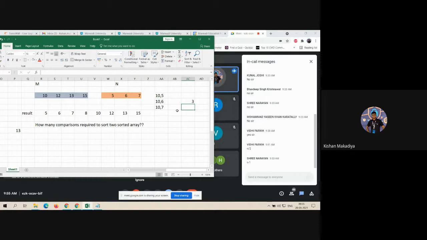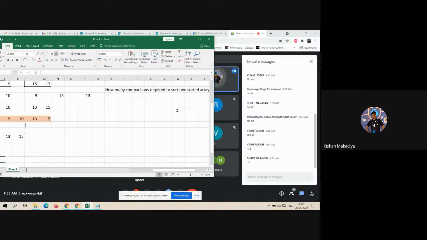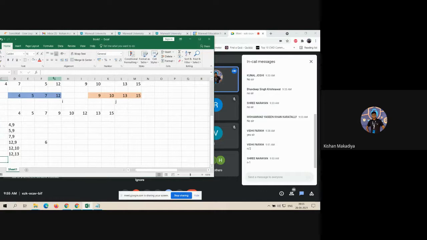So what is the maximum answer? N by 2, n minus 1. Here in the previous example you got the answer 6. Capital M is equal to 4, capital N is also equal to 4. So you can simply write the maximum answer as m plus n minus 1, because the last element will automatically be set as it is. And at most you are just comparing the m plus n elements. So this is the time complexity for merging two sorted arrays.